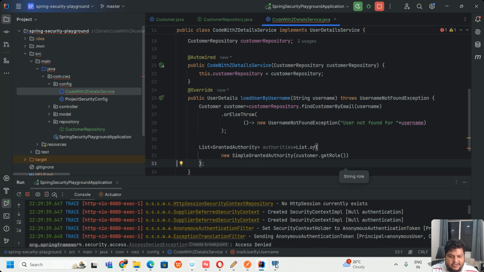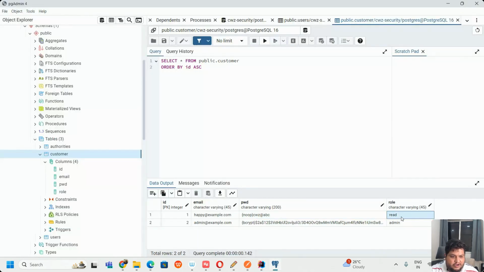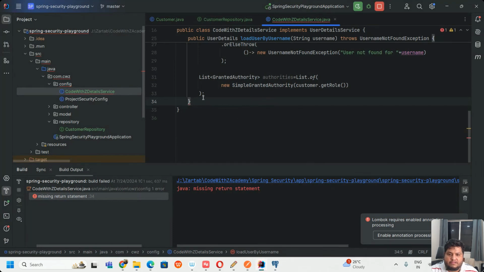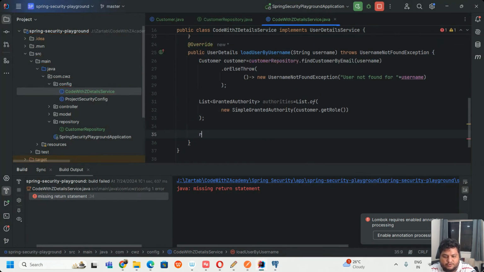So if I check my database, see the role here is read, and here is admin. Yeah, we'll talk more of it later. Right now it's not doing any work in our code. I will come back to that. And then I do what? Return